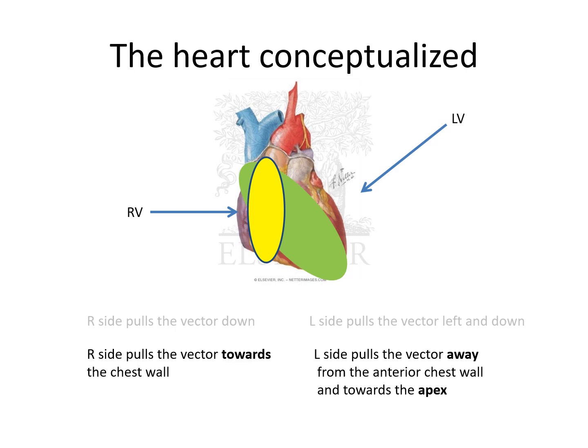Now, if you had an increase in the RV, it's going to start bulging out towards the right side, and that's going to move the overall vector of depolarization, which is usually mostly determined by the LV. But now if we have an increased muscle mass on the right, that's going to start pulling it right and